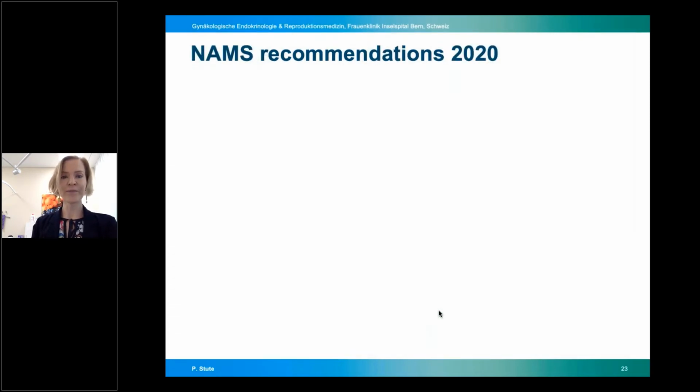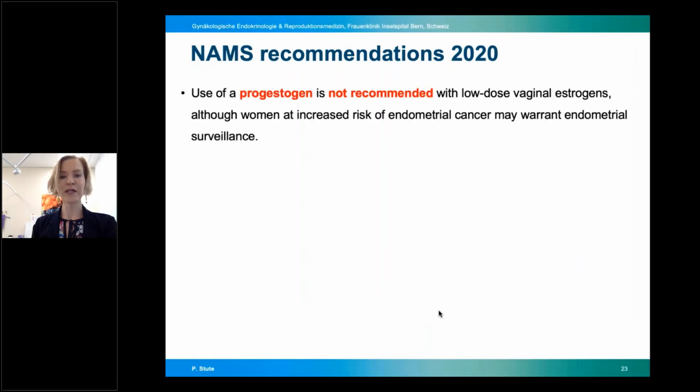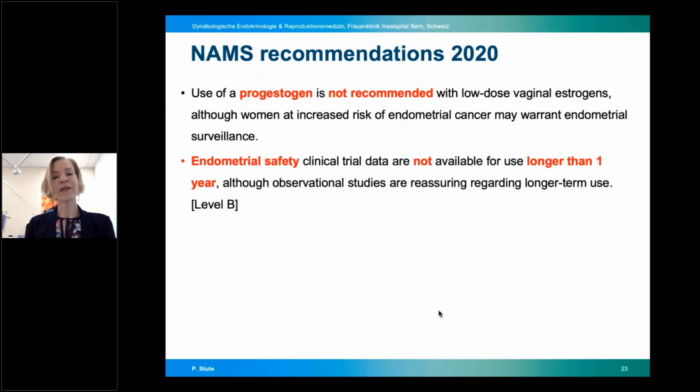So coming back to the NAMS recommendations, this is more or less the same as what was already said in 2013. Usually if you apply a standard, low dose or ultra low dose vaginal estrogen, you do not have to add a progestogen for endometrial protection. That's very important, because otherwise the woman would have to swallow something, and that's not necessary. So you can only apply vaginal estrogens, and that's okay. And that's of course still important, if a woman reads the package insert, she will read that the vaginal estrogens